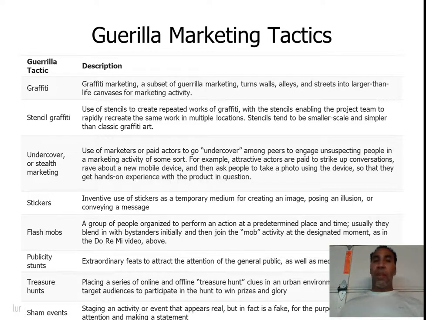And that is it for Chapter 10. Make sure that you take your quiz, watch your other supplemental videos, and do everything that is assigned for this week. On this slide and a couple slides back, make sure that you paused it, read what was on the left side, understood it, and then read the right side, because you need to know how those things connect, right? You need to know what a flash mob is. If there's a question on your test asking how a flash mob can be used as a great guerrilla marketing tactic or tool, you should be able to answer it. So that's it for Chapter 10.